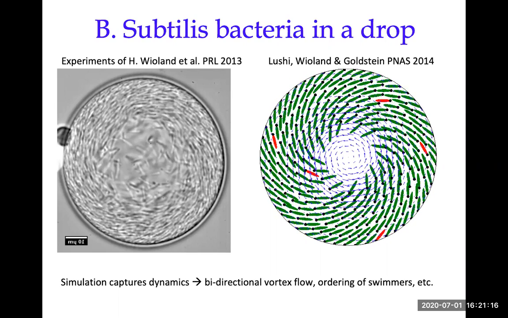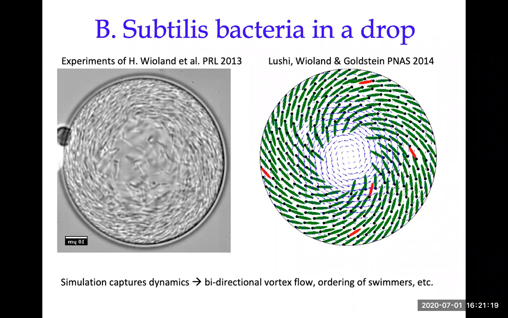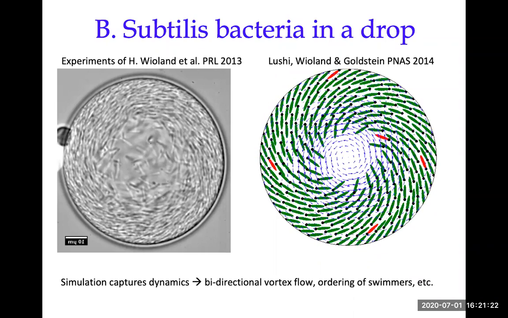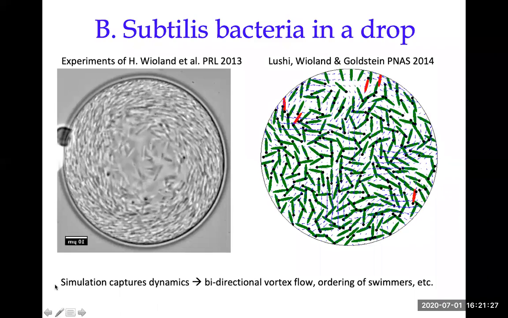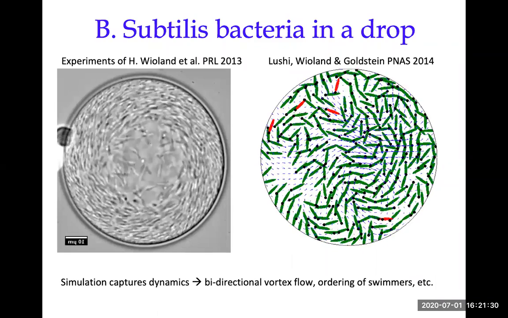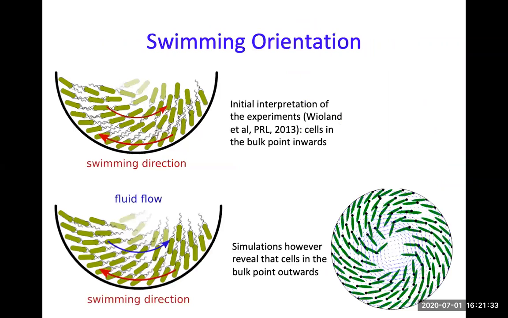It can organize left or right without any bias. And it essentially continues like that. And this is just like in the experiment, right? So you get this vortical motion that is stable. So what the simulations showed is that the swimmers are always pointing outwards, but the ones in the middle are moving backwards, right? And this was different from the initial interpretation, but it showed that the fluid flow is causing this double vortex motion.